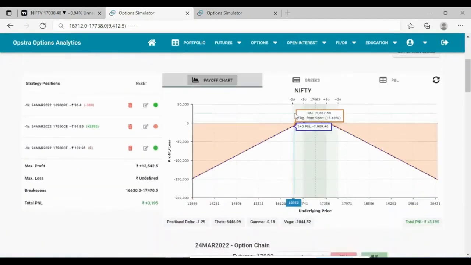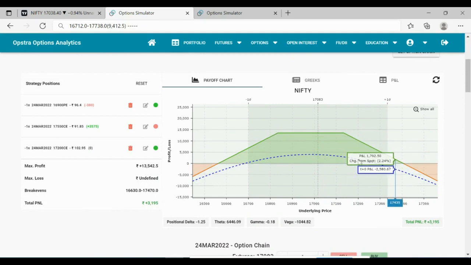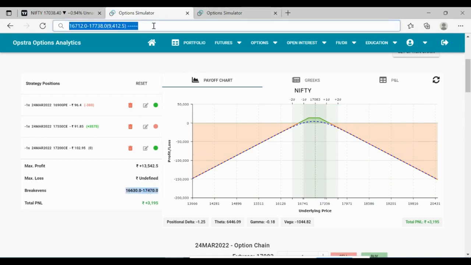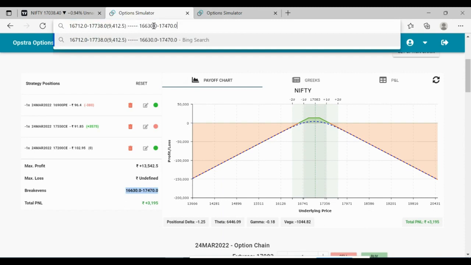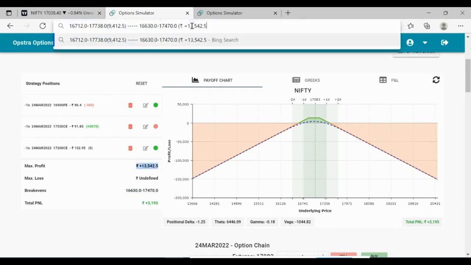Now again we stand here. This is my triangle. Right now the market is in the middle, so we have equal safety on the call side and equal safety on the put side. This is one of the adjustments which the majority of traders will do. Just keep a note of this break even. I'll copy the entire thing. This is one of the differentiators, friends. I'll also make a note of the profit the moment we have done the first adjustment.